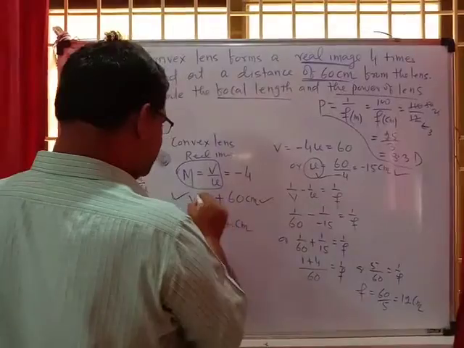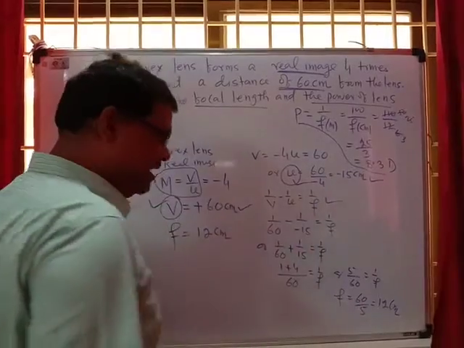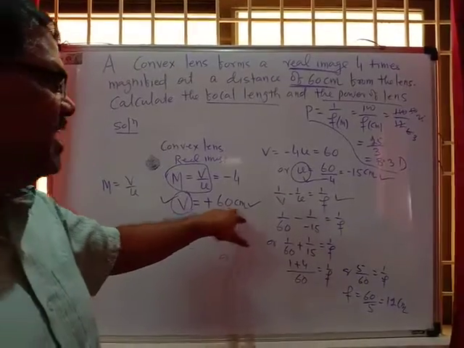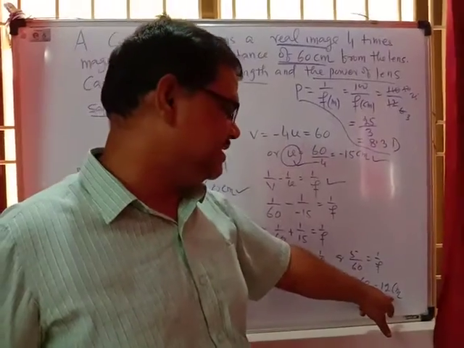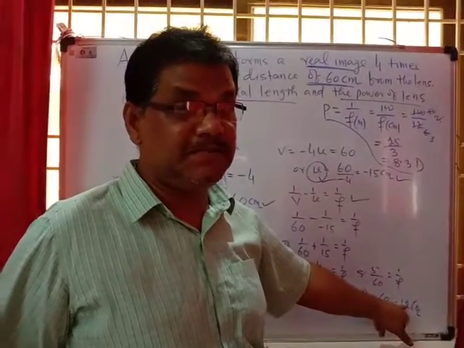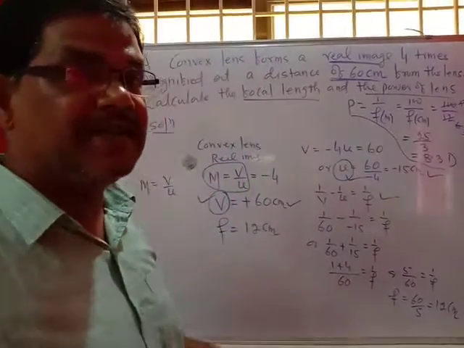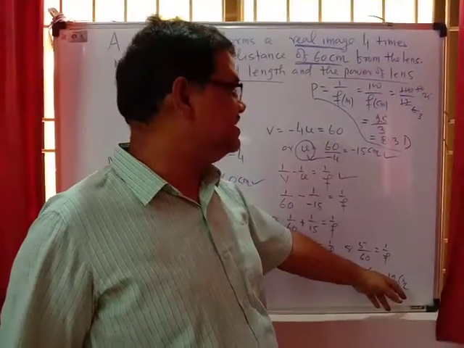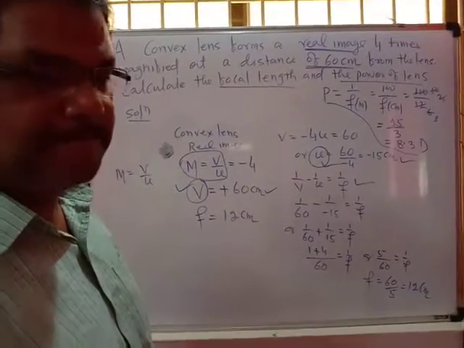You are finding U and you are finding V, and put all this U and V in the lens formula without changing the sign convention here. Now plus 60 and here minus 15. Accordingly you keep it here and you can calculate the F, focal length equal to 12 centimeter. Check it here: as it is the convex lens, the focal length always will be positive. If suppose by mistake it comes minus 12 centimeter, then you think that your numerical is going to be wrong. So F equal to 12 centimeter means the focal length is positive, so automatically it is a real image and a convex lens is formed here. Okay, thank you.